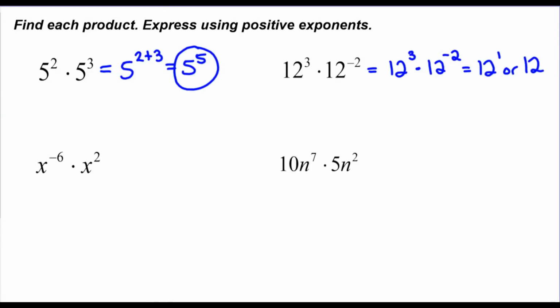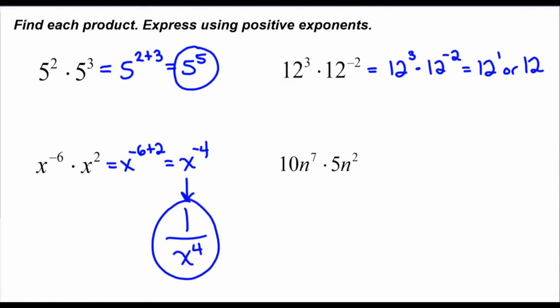And then the next one, x to the negative 6 power times x squared. That would be like x to the negative 6 plus 2 power, which is x to the negative fourth power. And since we need to write this with a positive exponent, I'm going to find the reciprocal, 1 over x